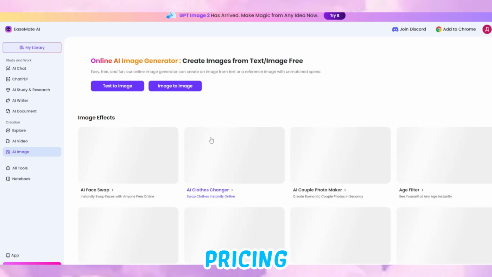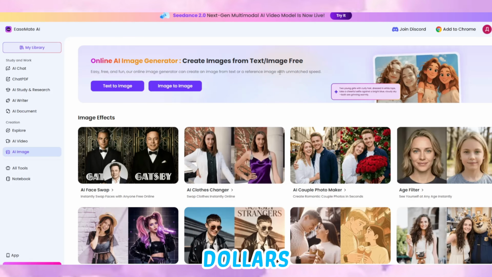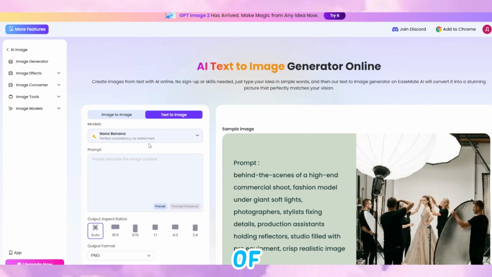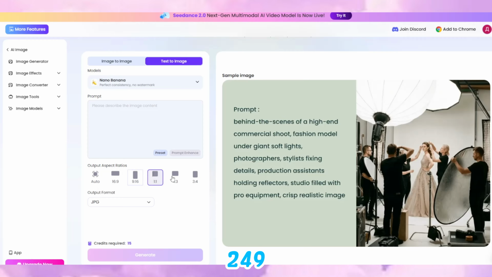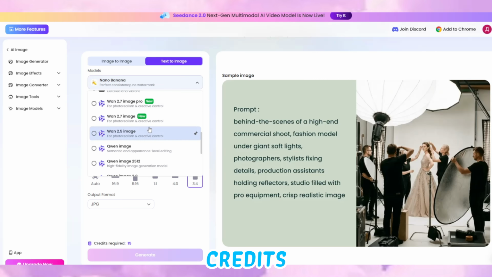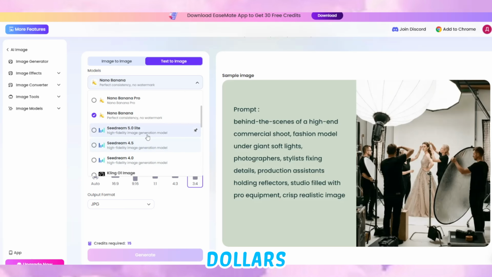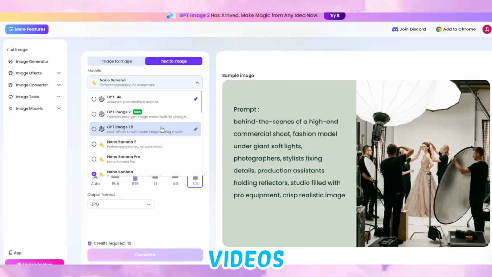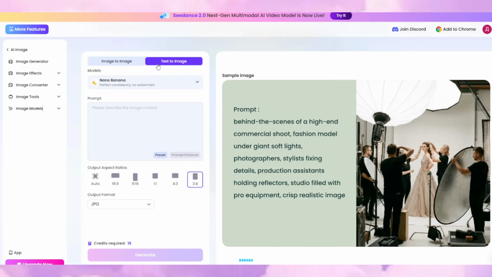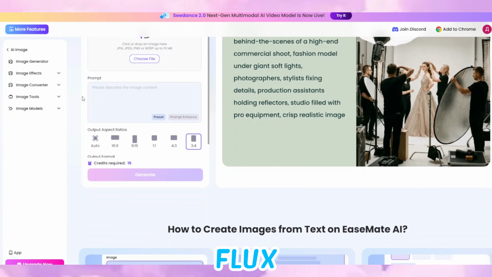There are 3 pricing plans. The Pro plan costs $16.09 per month with a first-year annual price of $199, then $249.09 per year, offering 36,000 credits, allowing up to $3,600 images and 1,800 videos per year with access to advanced models like Nano Banana One 2.5, GPT-4o, Flux Context and